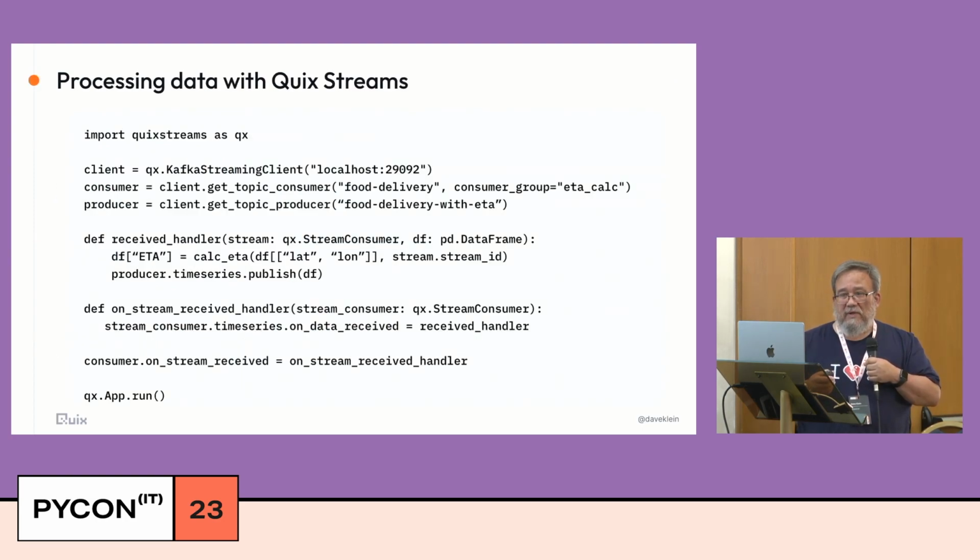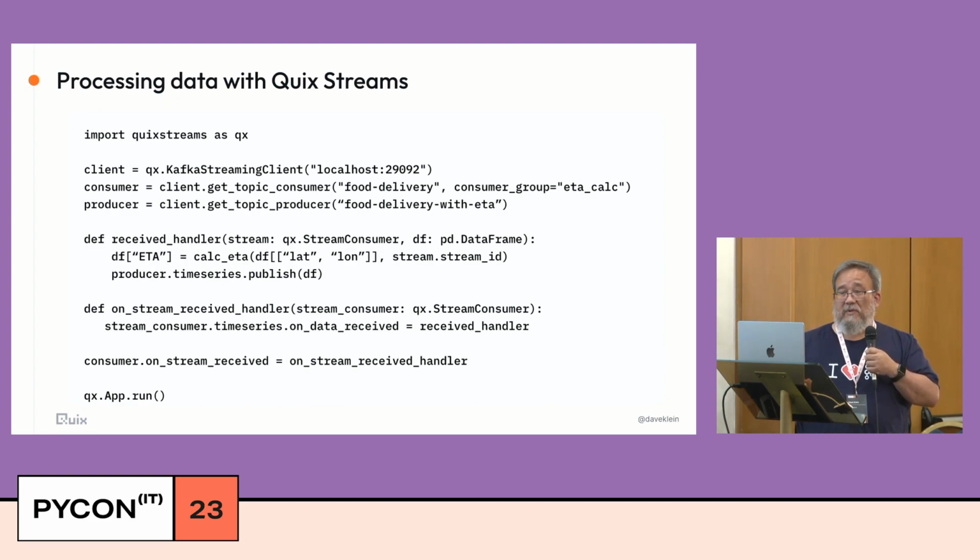Here's a quick example of how QuickStreams would help us. This is a different example, a food delivery process we're running. But rather than having a consumer and producer created with our constructors, we start off by creating this Kafka streaming client. That encompasses our producer and consumer for us. We can get those by calling these methods on it to get our consumer and get our producer, giving it things like the input topics and output topics,